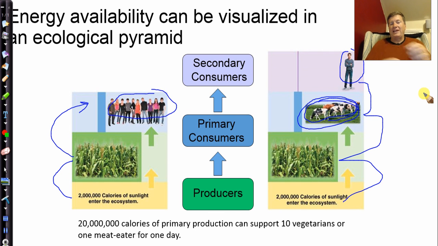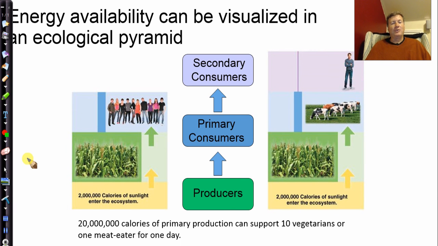There is an expression that was popular in the 70s called eat low on the food chain, which basically meant if we can eat more vegetarian foods, eat more other producers, and not pass it through this level of the food chain, more energy would be available to us and we could support more people on it. This has implications for population growth. Can we support long-term the American lifestyle, which is to eat lots of meat? This would suggest that it could be more efficient if we ate less meat because we could support more people.